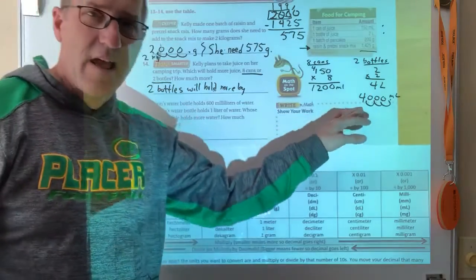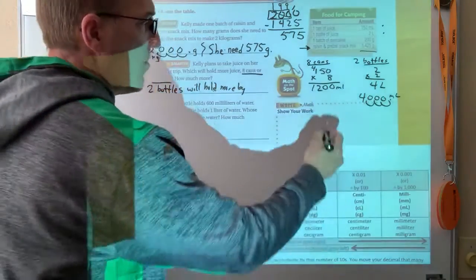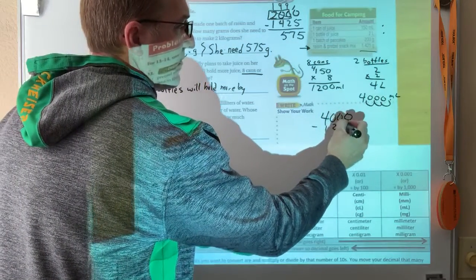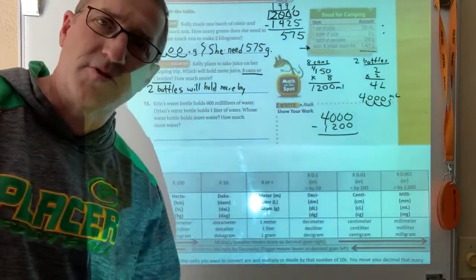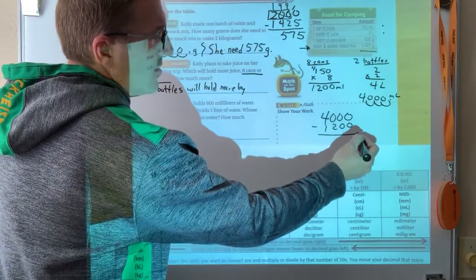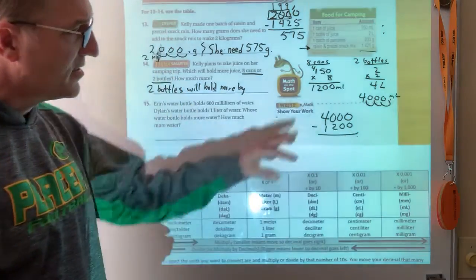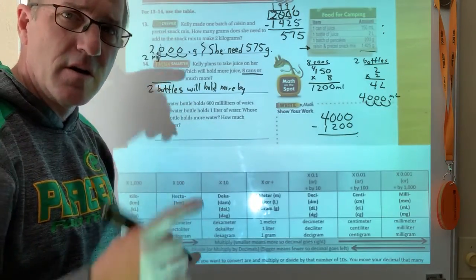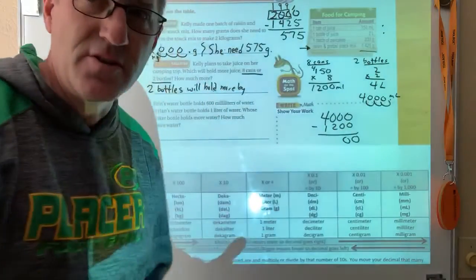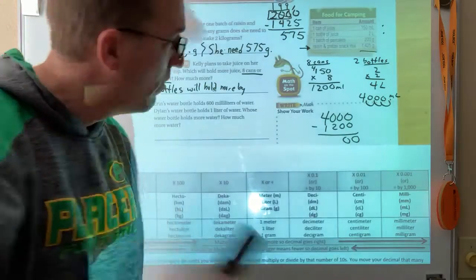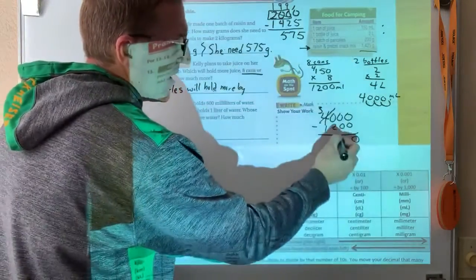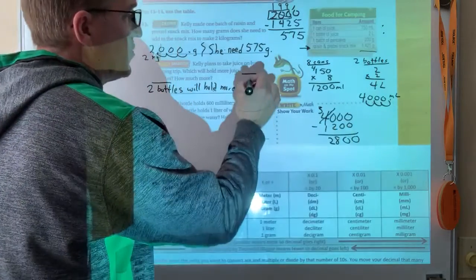I've got 4,000 and I've got to subtract 1,200, so I'm going to write that here because I want to find the difference between the two, and every time I want to find the difference between two things, I have to use subtraction, because that's what the answer to a subtraction problem is called. 0 minus 0. You can try this one on your own with the zeros and see how you do. Okay, cool. So 0 minus 0, 0. 0 minus 0, 0. 0 minus 2, no, I have to borrow. You got to go next door. 10 minus 2, I get 8, and then 3 minus 1, I get 2. So by 2,800